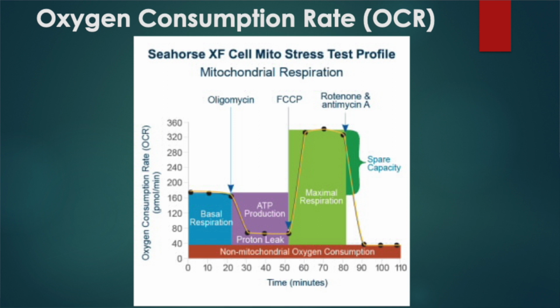You have a proton gradient, that is a gradient of protons or H plus ions, extending between the mitochondrial matrix and the inner mitochondrial membrane. If you destroy this proton gradient, there is no electrochemical difference and no ATP synthesis will take place. So the oxygen consumption will be the maximum at this level. Then you finally give the drug either antimycin A or rotenone. These drugs block the electron transport chain. Complex 1 will be blocked by rotenone or antimycin. Once you block the electron transport chain, the oxygen consumption will be reduced to the minimum.